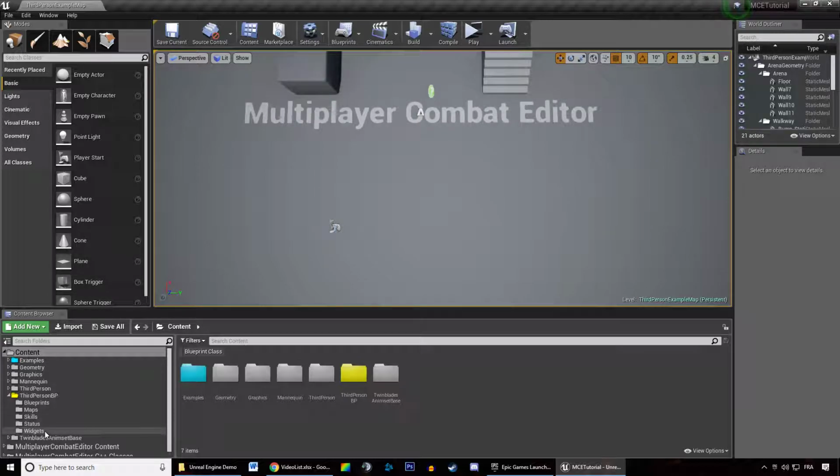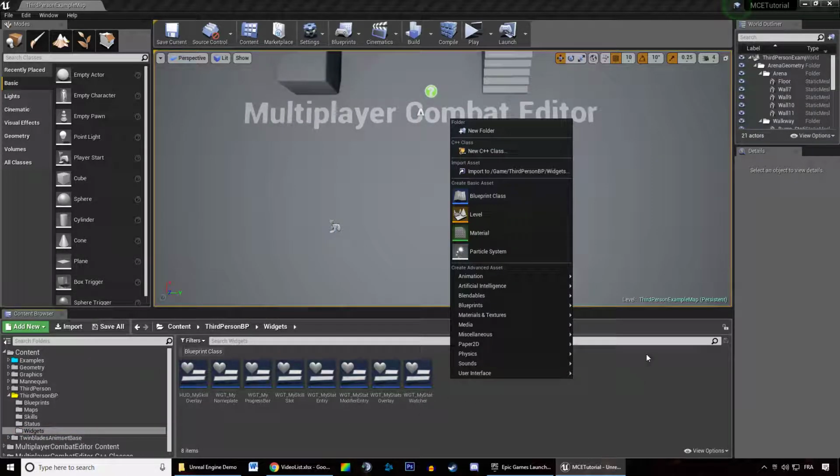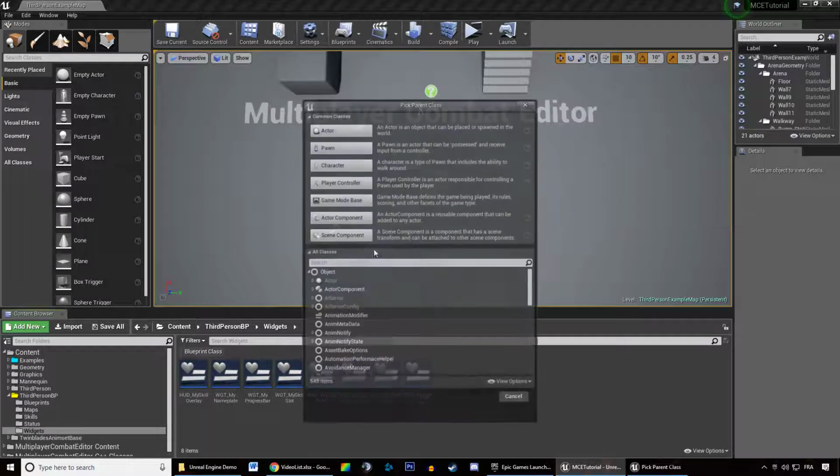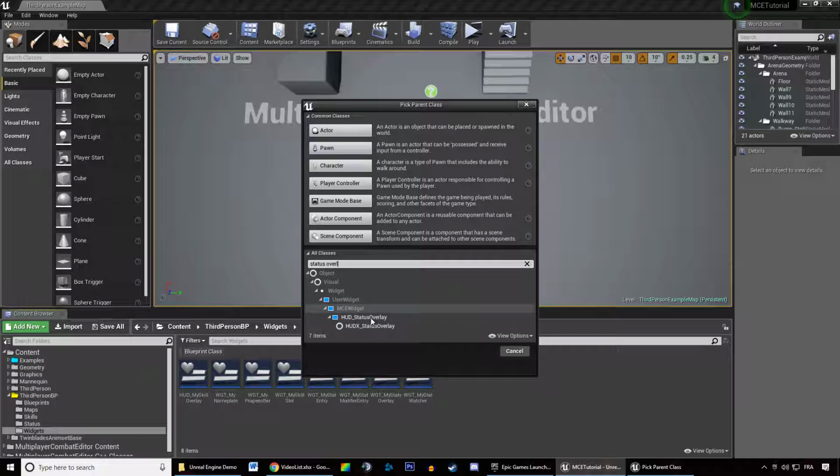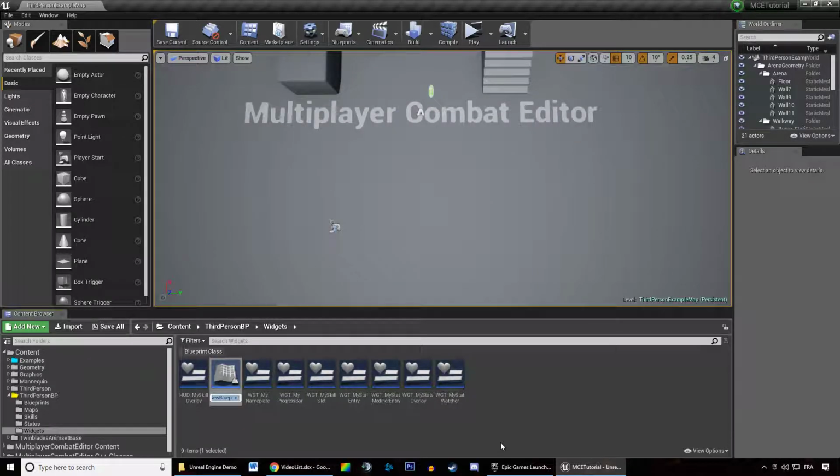So we're going to add to our widget folder, right click, create a new blueprint class, search for status overlay, and you can duplicate the edit status overlay to see how you can set up the overlay, and you can also customize it right away, but we're going to see how to create one from scratch. So let's select that. We want to call this add my status overlay. Let's open that up,